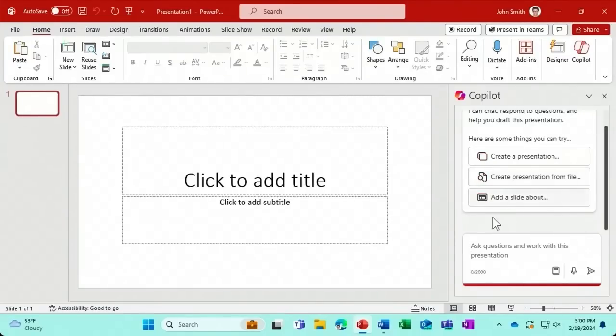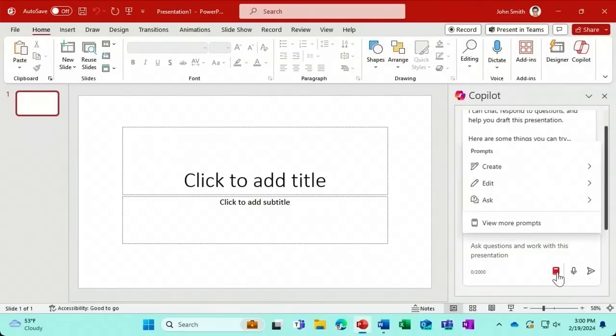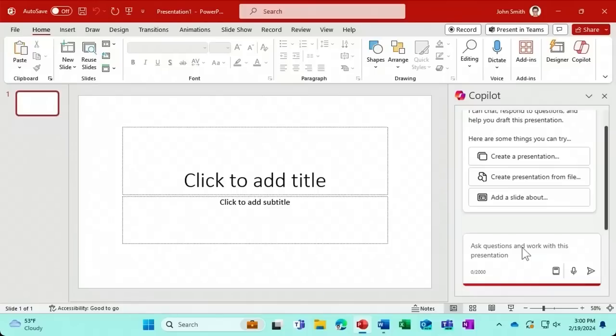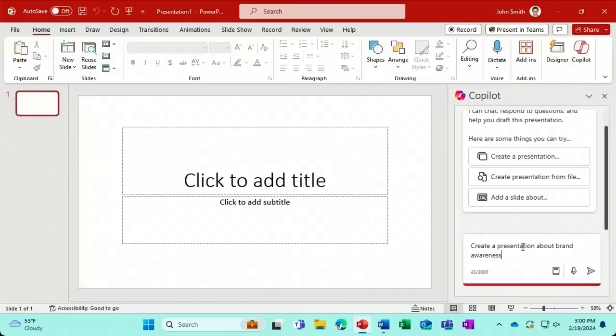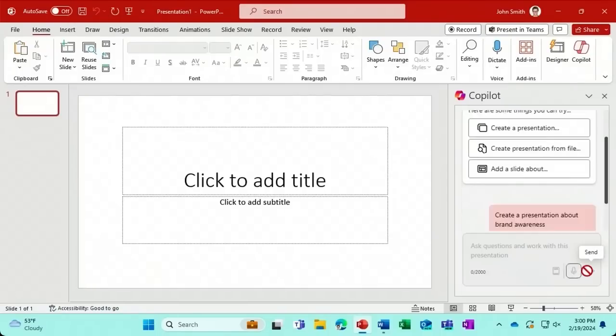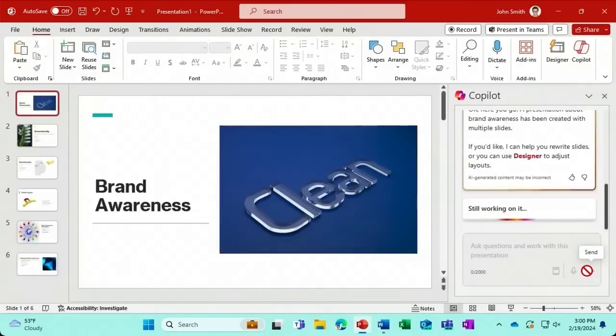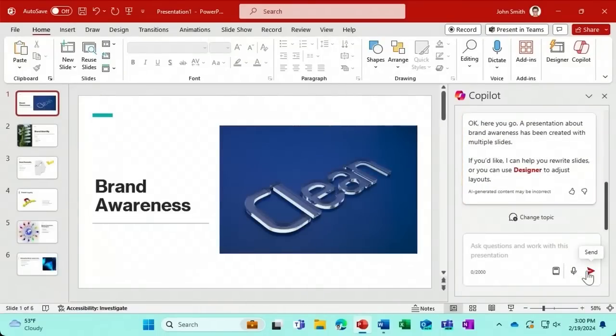You can also enter your prompt in the prompt area, click the microphone icon to dictate a prompt, or click View Prompts to browse through prompts by category like Create, Edit, and Ask. I'll click inside the prompt area and now enter a custom prompt. Create a presentation about brand awareness. Click the send arrow to submit, and Copilot quickly generates a presentation on this topic, which includes all kinds of